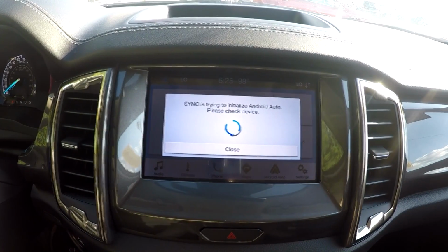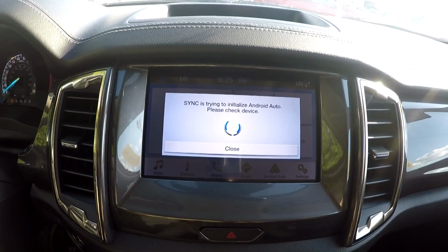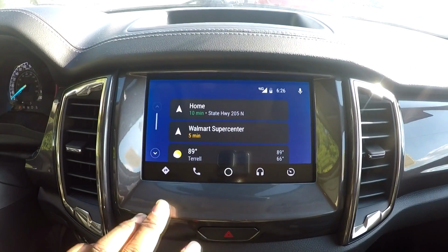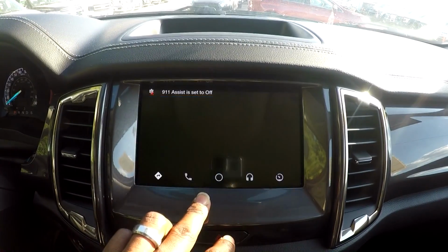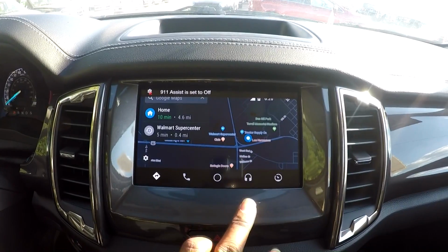Now this vehicle does not have navigation, but that is okay because with Ford Sync 3 infotainment system, you can link your Android or iPhone via USB and access your apps and it will appear on the screen. This is part of the technology package in which you can select. As you can see here, the navigation that is on my phone shows up right on the screen of this